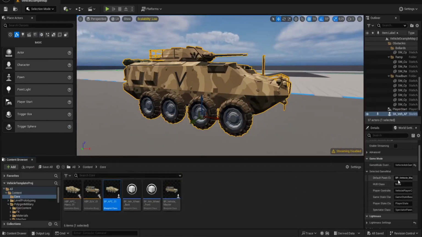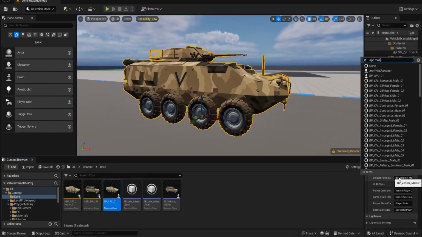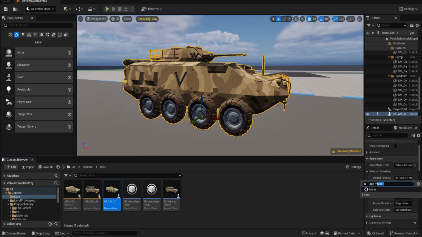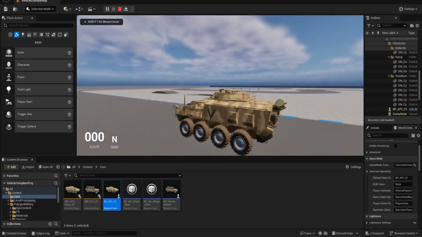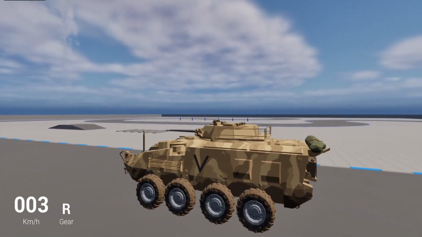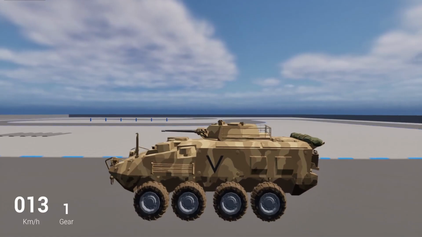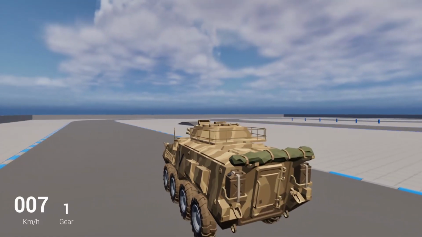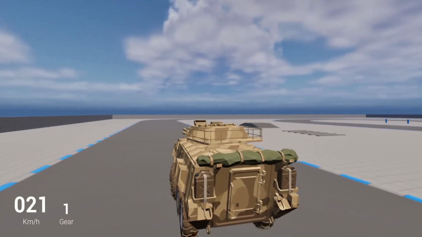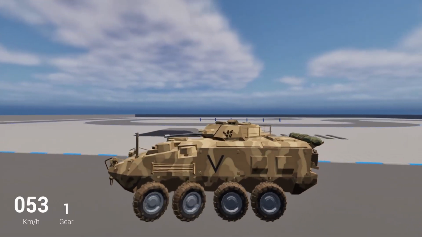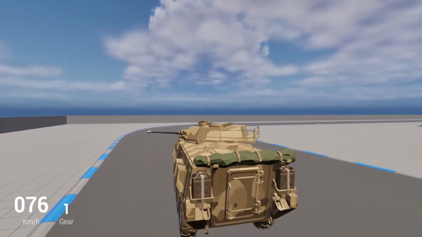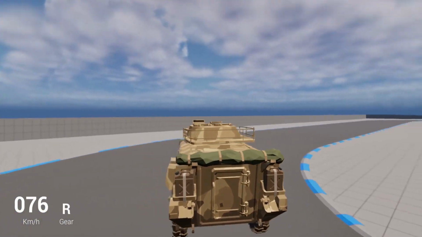So if we go in here and we say APC master, or APC it is, yes. Delete this guy, and now if you press play, as you can see, the wheels are animating, simulation is working fine. Center of gravity might need to be adjusted a little bit more. It really depends on what you want. And as you can see, it is working perfectly. The turret is moving